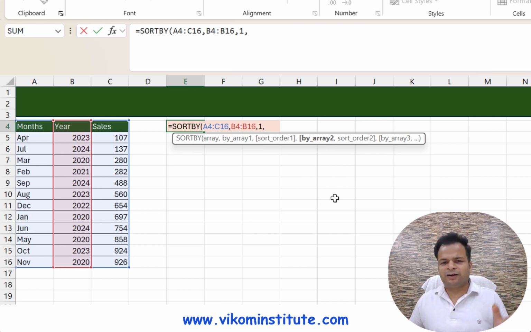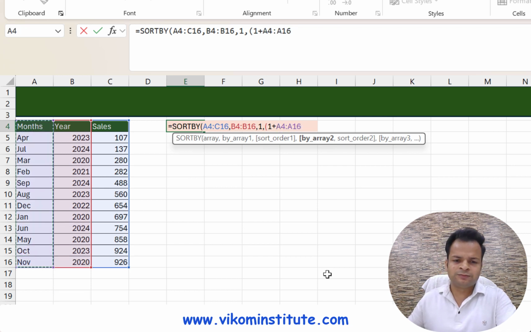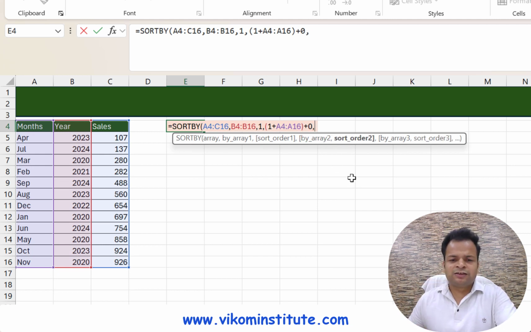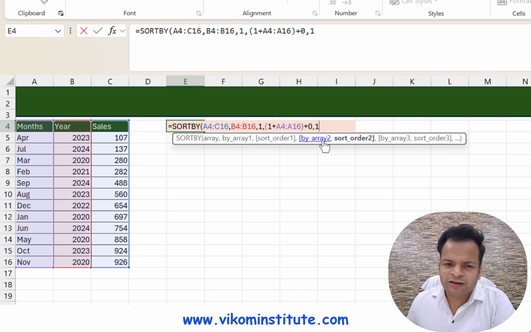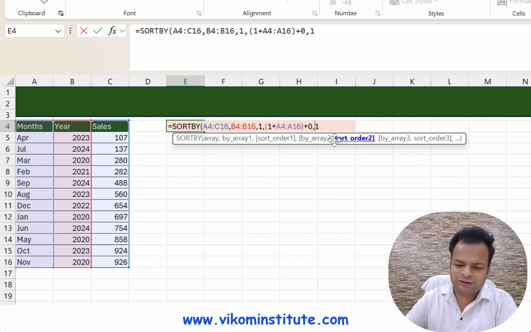So instead of the second array, we will simply add the same formula which we have done. So in the bracket 1 plus this whole thing plus 0, so that is going to build our date. So that is the numbers. Now sort order is 1. Now if you will see here, this thing is not optional. This whole thing is in optional bracket. So what you need to do, you need to ignore both the things, or you need to enter both the things. So if you enter the second thing, you need to enter this one also. So instead of this comma, I need to close the parentheses over here.